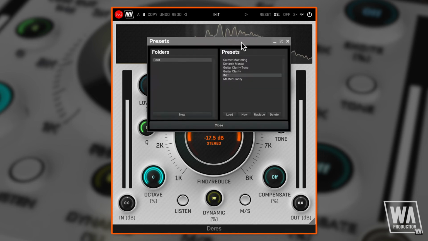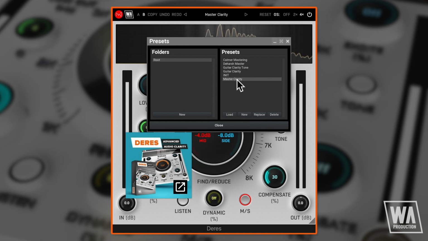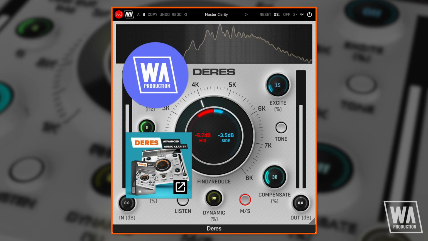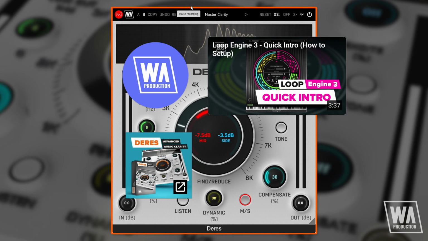There are 3 options for types of oversampling: off, 2 times, and 4 times. The presets just here offer great starting points to enhance your audio. There'll be many more in the final release version. You can easily create your own presets and folders. So those are the basic concepts behind DRes, an accurate and surgical way to remove resonance from any audio whilst maintaining clarity and